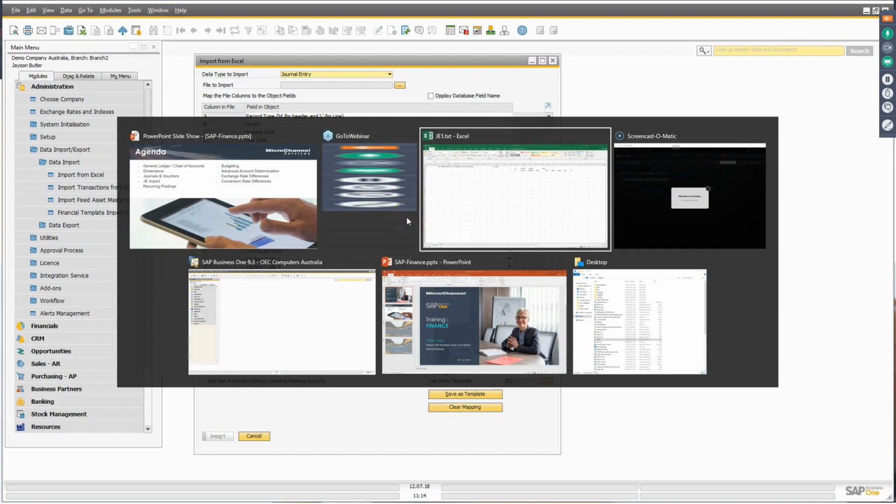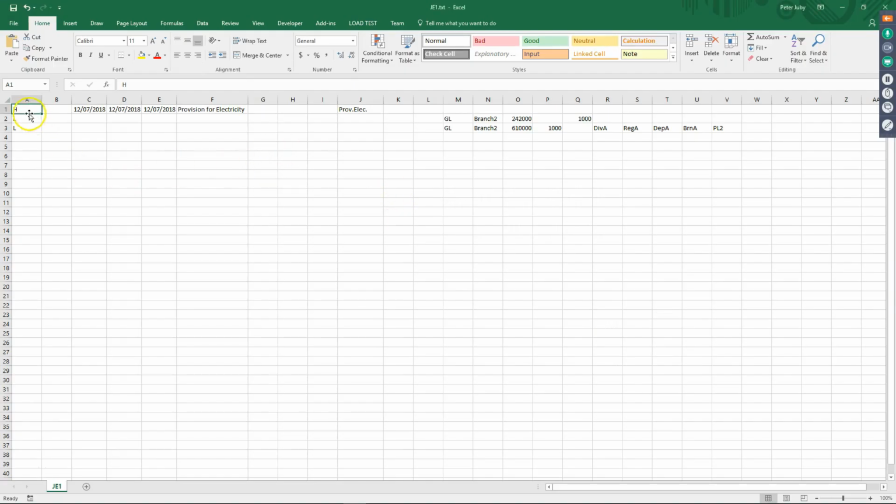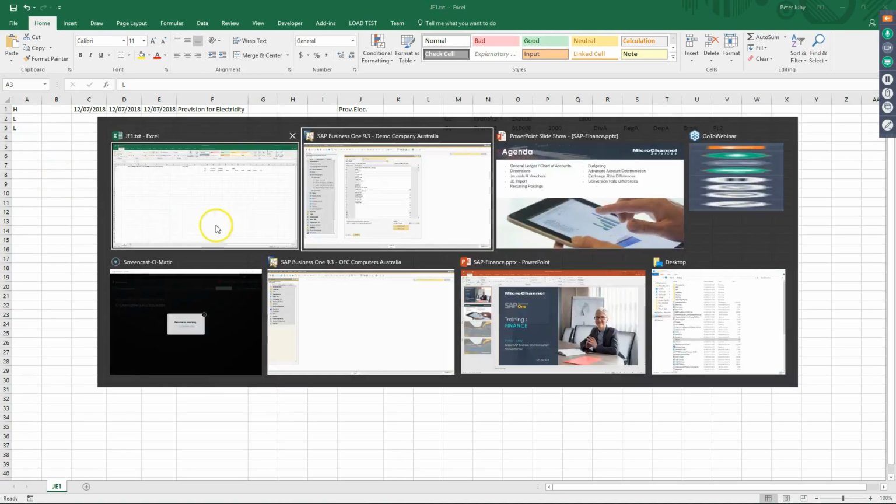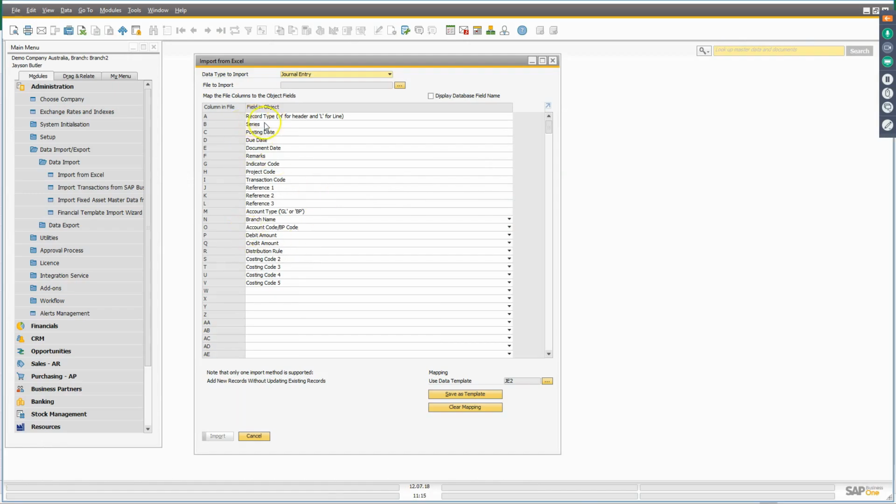So I'm just going to open up the Excel spreadsheet for a moment. So in column A we have an H or an L for header or line, and then we have series. Now in this instance I don't have a specific journal number range that I want to use, so I've left the series blank and it will use the default. I've then got my dates and a whole bunch of fields that refer to the header,